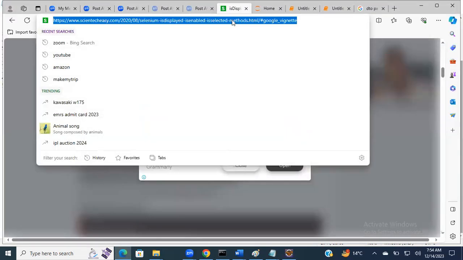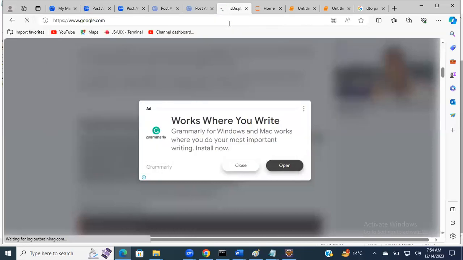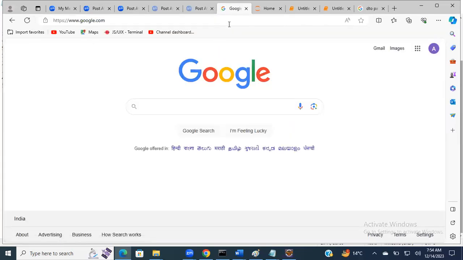So here you can open google.com. In this google.com, this is the search button, the Google search button. So first of all, we want to verify whether the Google search bar is enabled or not. If the Google search bar is enabled, then we also want to verify whether the Google search button is enabled or not. So now let's try to implement this